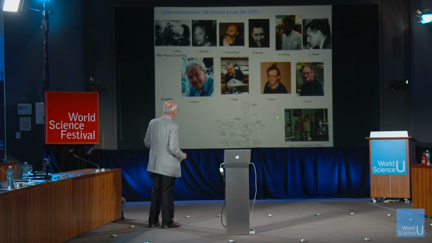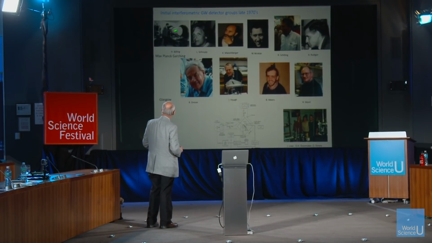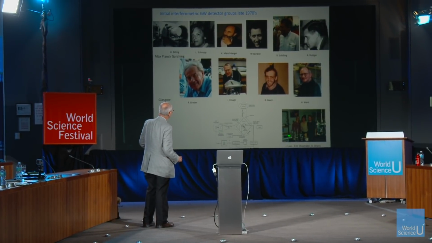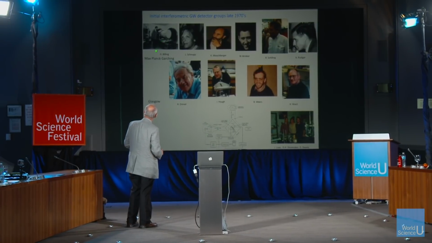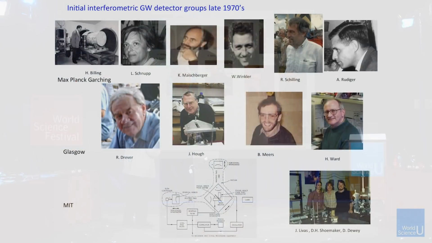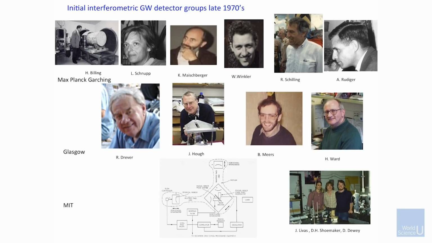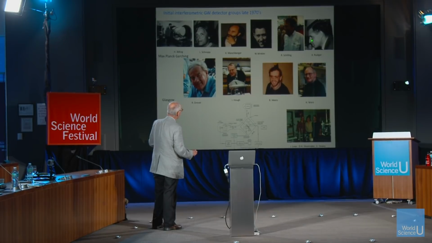And then it turns out that very rapidly, the group that did it first was MIT, but we were slow. This got around to people, and the group that did, I think, the most spectacular work in the beginning was a German group at the Max Planck. And here they are. The reason they were ready for this was that they were thinking about what to do next. They had made a big bar, just like Weber. And they decided not to go with the flow and make a cryogenic bar, which is a cold bar with less noise. They decided to adopt this idea, and they developed many of the practical things that were needed to do this.